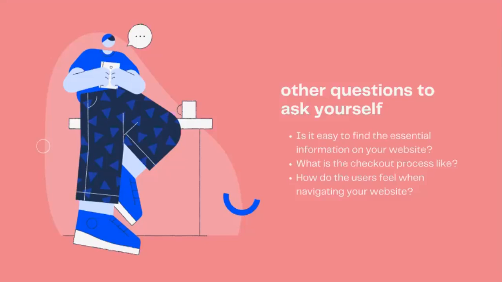And then how do users feel when they navigate your website? And that goes hand in hand with, is it easy to find the essential information? If it is really tough for me to navigate, or if things are loading really slowly or weirdly, I just don't feel great about it, right? I don't have the sense of trust. It's not easy to find what I need. And so I'm quickly going to leave that site or just become frustrated and not be super excited to talk to whoever I want to talk to.